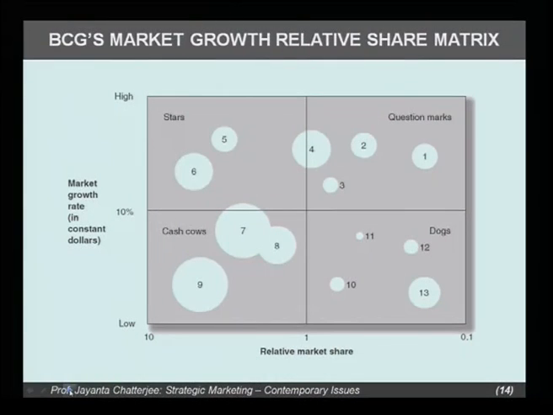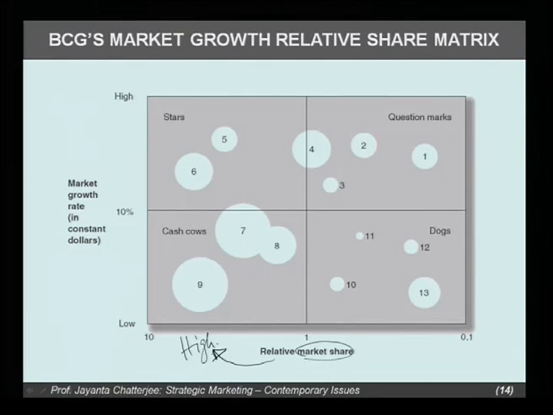Here we have relative market share from low to high and here we have market growth rate from low to high. So, if your relative market share is high,